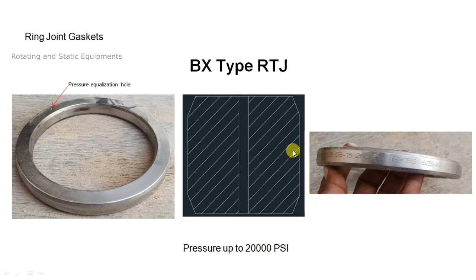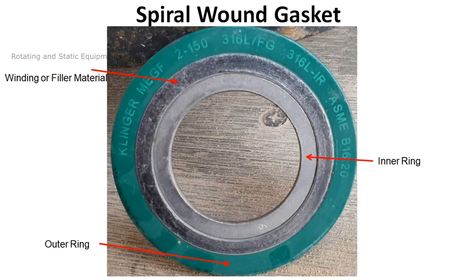Next we will go for a spiral wound gasket. A spiral wound gasket is a metallic or semi-metallic gasket and it is used for higher pressure and higher temperature applications. The sealing element is formed by binding two materials into thin V-shaped or W-shaped spirals. A spiral wound gasket consists of three elements. First one is inner ring, second one is outer ring, third one is sealing element or filler binding. These types of gaskets are used from minus 200 degrees Celsius to 1000 degrees Celsius according to the material of construction, binding and filler, and operating pressure up to 250 bar.